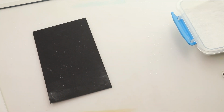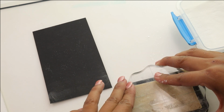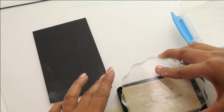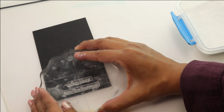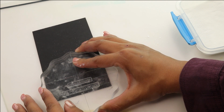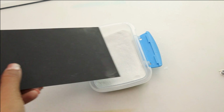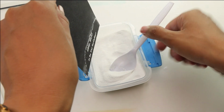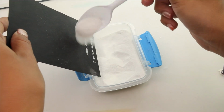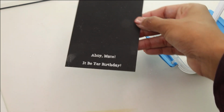I have a scrap piece of black cardstock, my Simon Says Stamp Embossing watermark ink, and we are going to stamp the Ahoy Mate. It's your birthday, and so I have that ready to go on my acrylic block, and we're going to heat set with some white Simon Says Stamp Fine Embossing Detail Powder, which is absolutely amazing because it's so fine. It really holds on down to the ink. And one of the tips I can give you is go grab some cornstarch and brush it on your cardstock to prevent any staticness